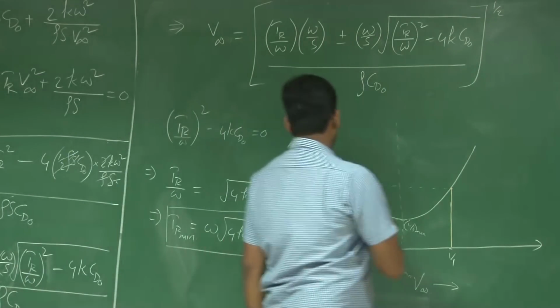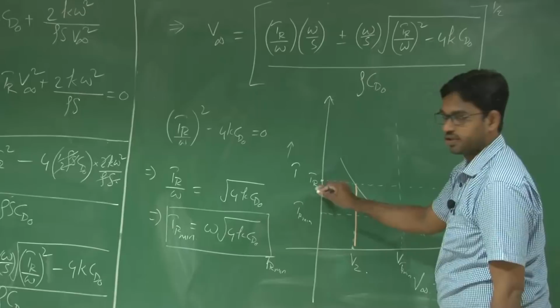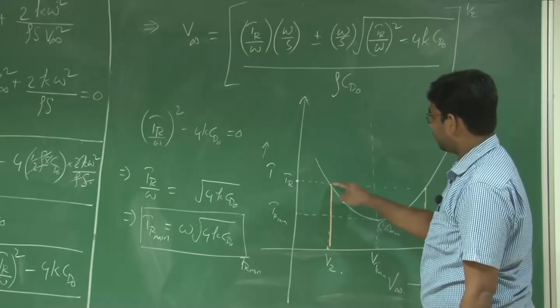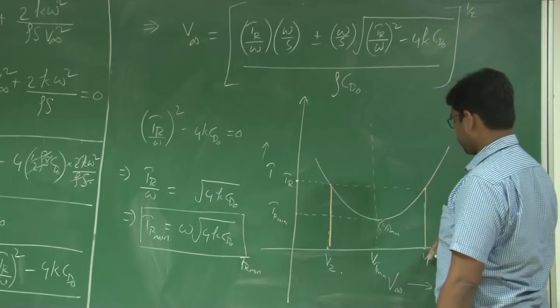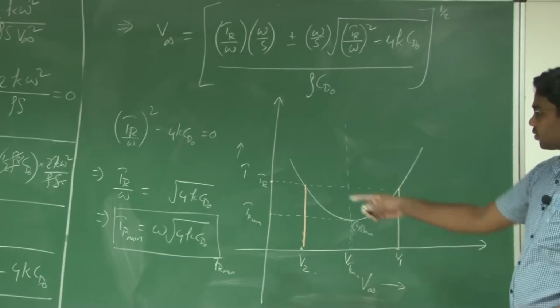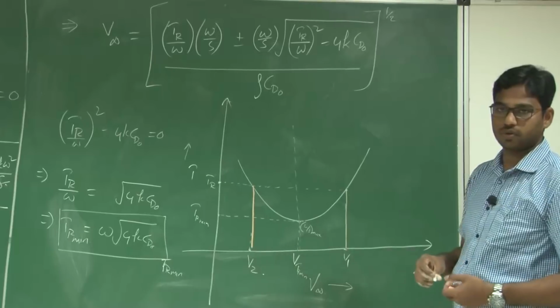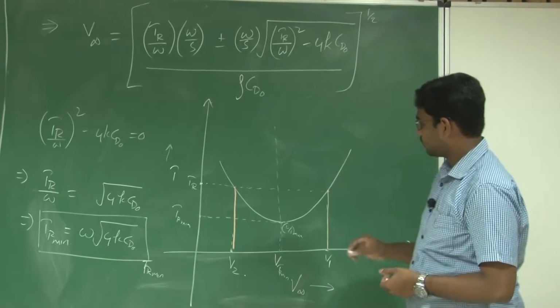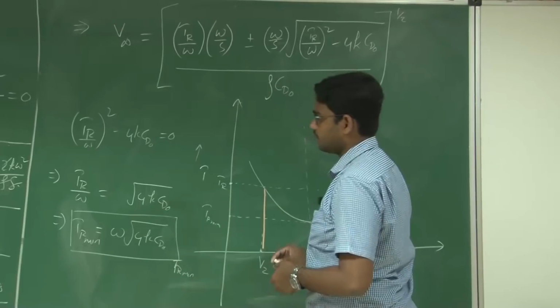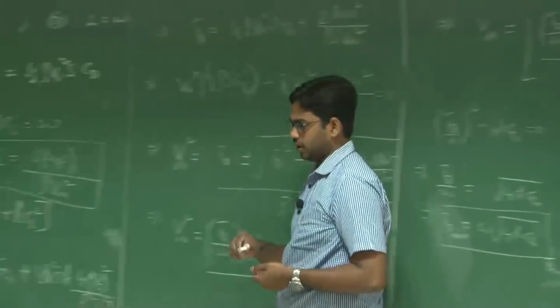Now say if I want to fly at this thrust required condition, what is the velocity that I have to choose? V1, there are two solutions here, right? You have plus or minus here, you have two solutions. Now which velocity you need to choose to fly? Now let us define